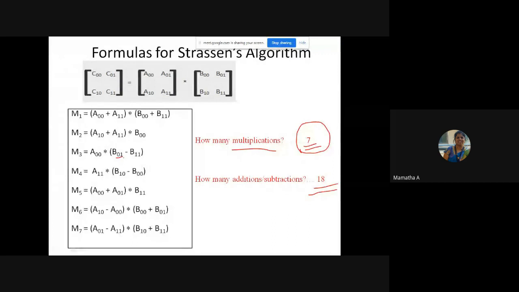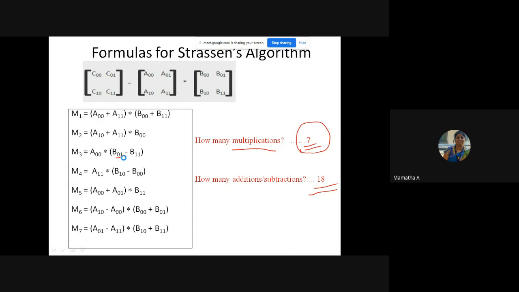I think you are doing matrix multiplication right from class 5 or 6, and we still remember it. Even in your sleep, if we wake you up and tell you to do matrix multiplication, definitely you will do it. But Strassen's is not like that. That's why Strassen's matrix multiplication is not very famous. We don't use it. But anyway, since it is part of your syllabus, we will learn. Hope you have all copied the formulas from M1 to M7.